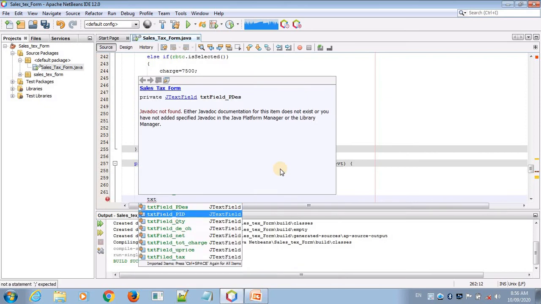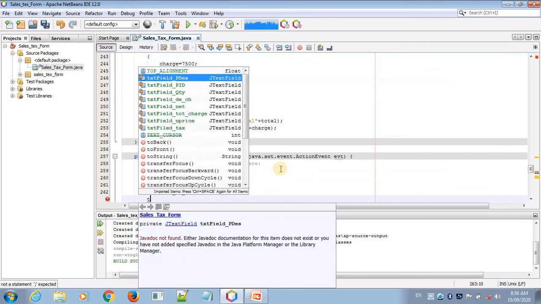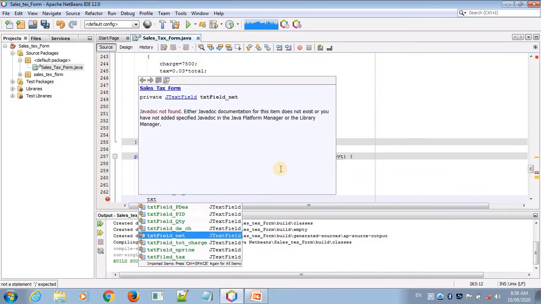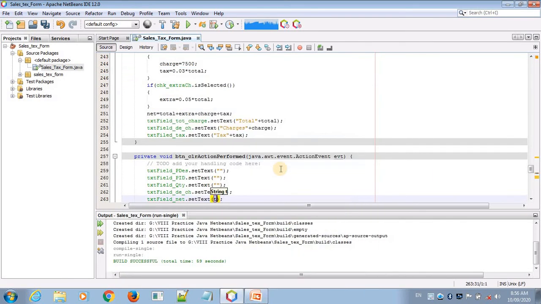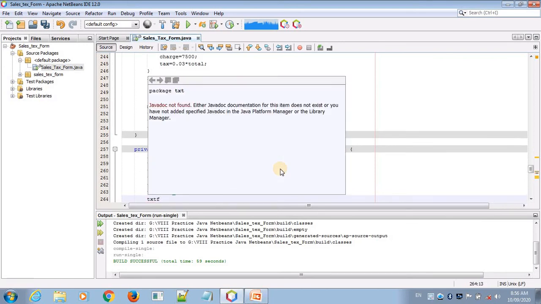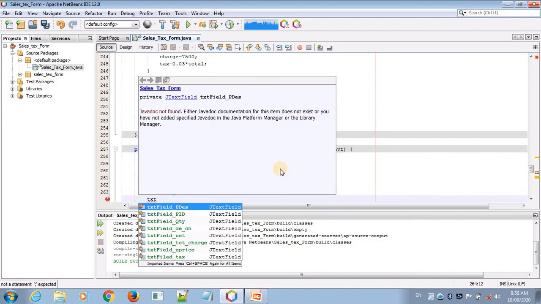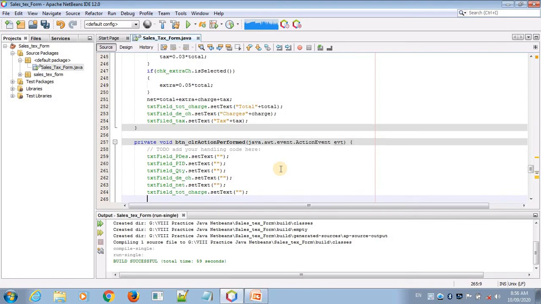Text field, this is for delivery charges, setText null. Text field net, dot setText. This is now the text field for the total charges amount. All the text boxes need to be null.